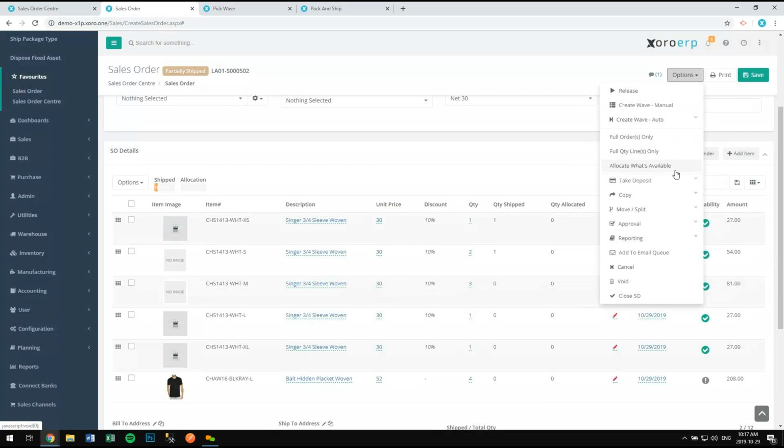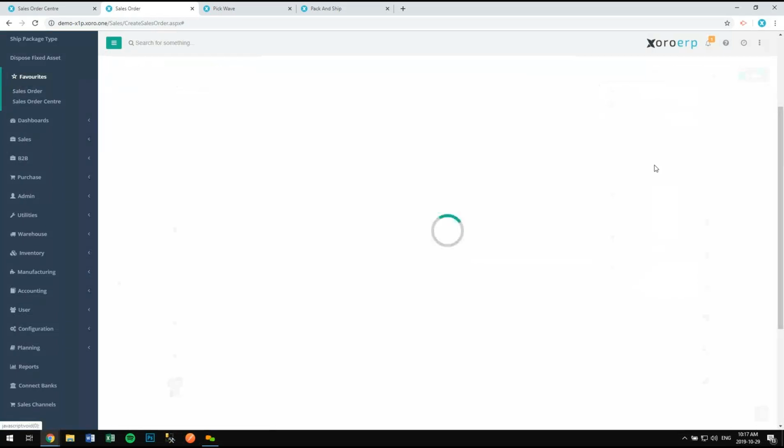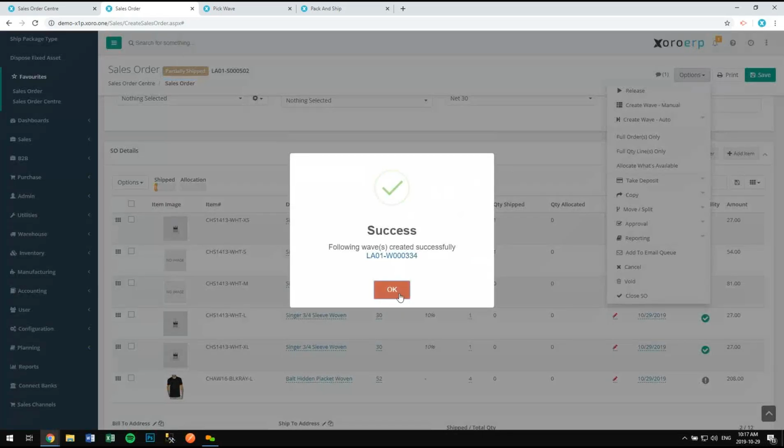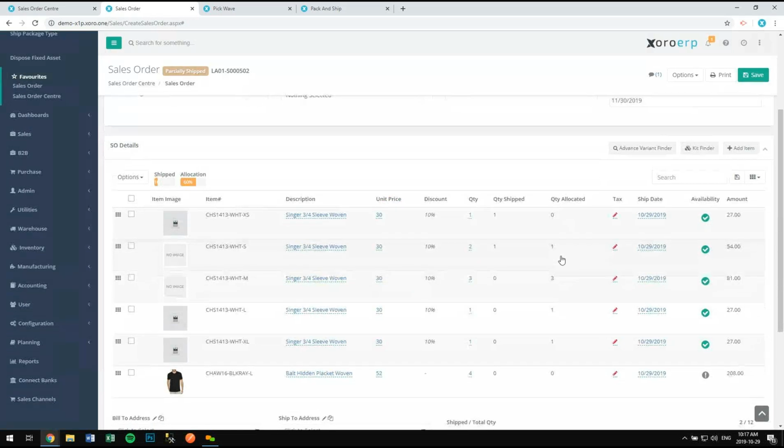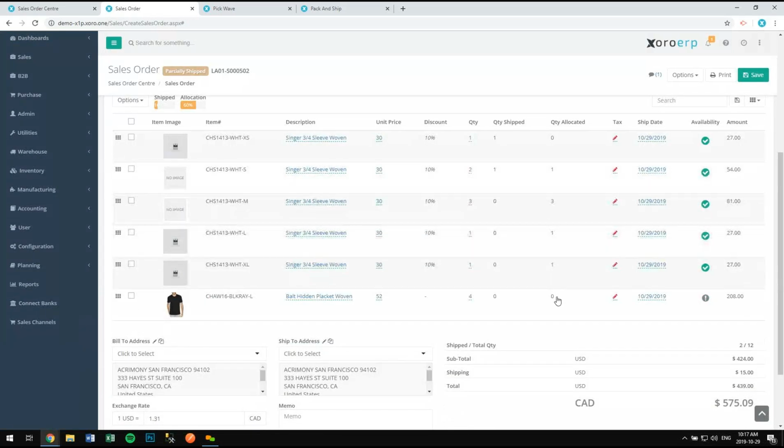Or you can allocate what's available. So it's just going to allocate whatever it can. So in this case, if we were to do this, you can say successful. And if we were to take a look now, notice how the quantity allocated column has now populated for all these lines with whatever it could allocate. So those are some of the ways that you can shortcut wave and shortcut allocate,